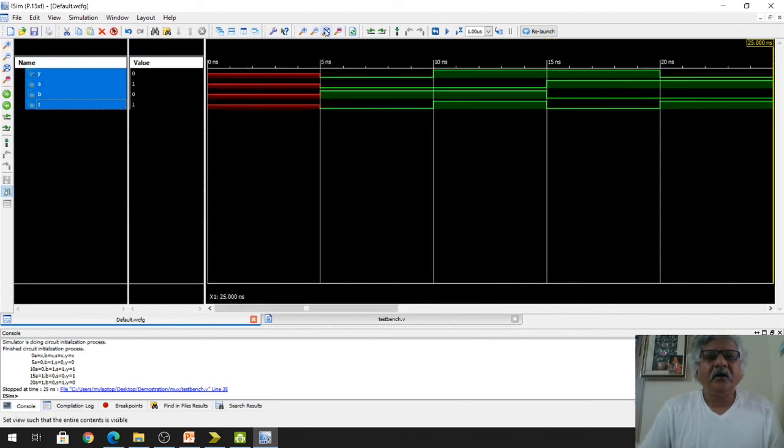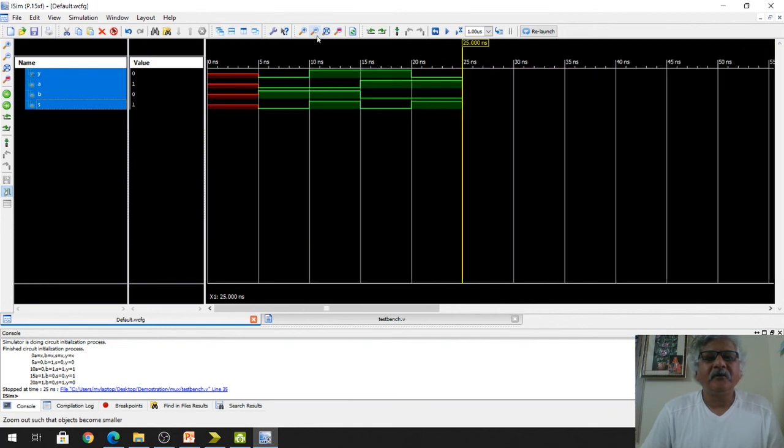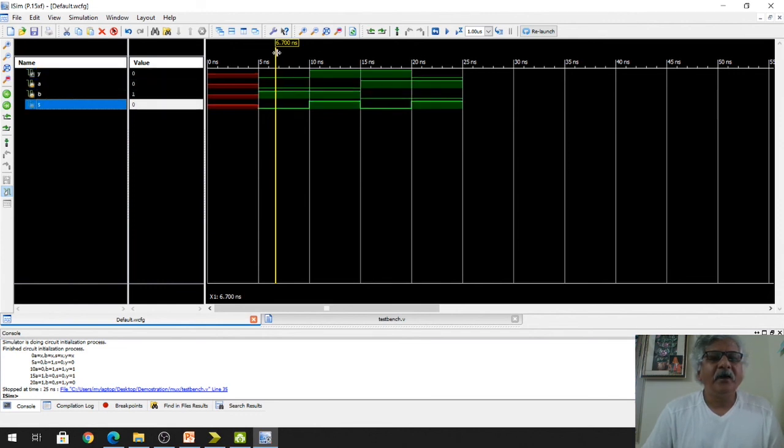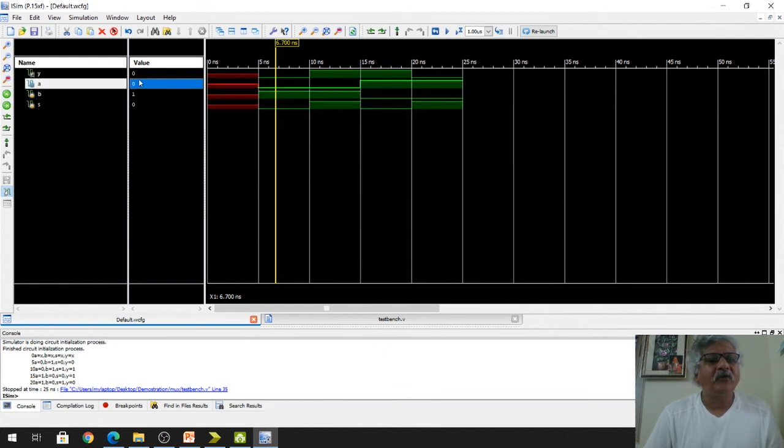Okay, so these are the waveforms generated according to the test bench. Here we will check. See, the first value is Y, that is the output, then A, then B, then S. Right now at 6.7 nanoseconds, the value of A is 0, B is 1 and S is 0. So we know that if S is 0, then the value of A will be transferred to the output Y. The value of input A is 0, so that's why the output Y is 0.